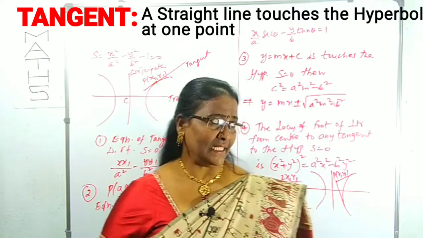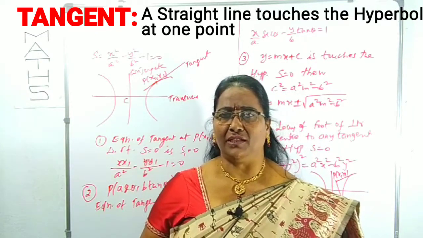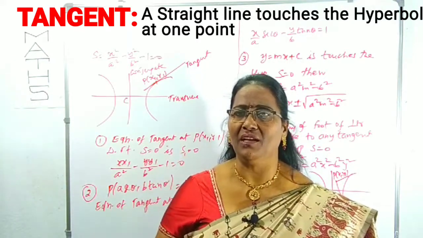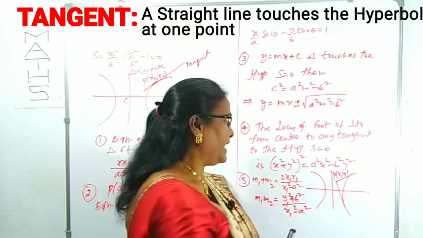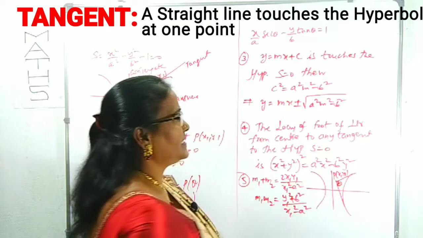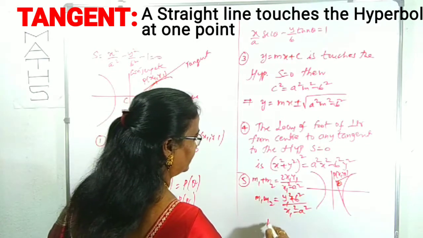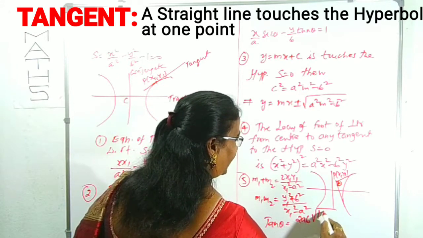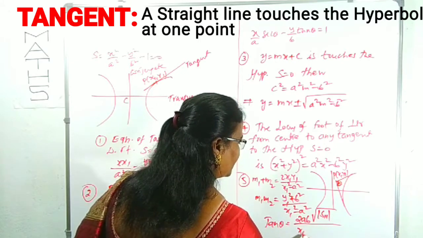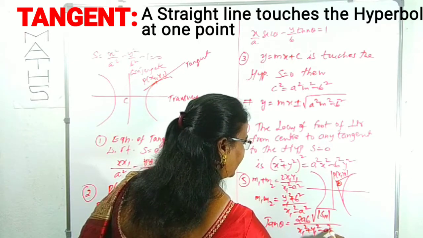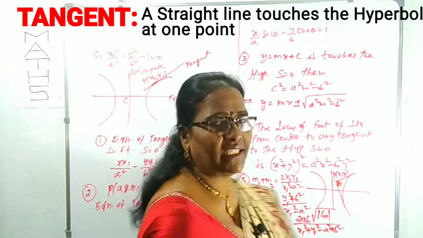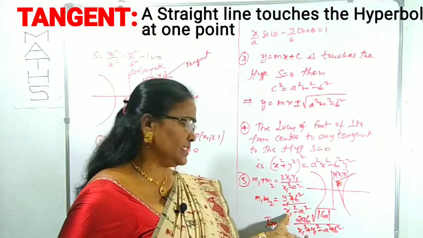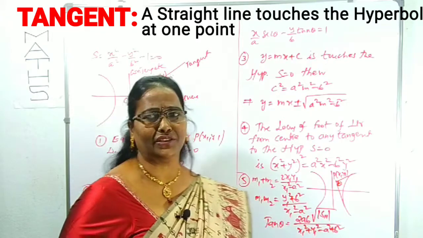Okay, not only this, you may be asked the angle between the two tangents which are drawn from the point inside the hyperbola. I said to you two tangents we can draw. If the angle between them is theta, what is tan theta? Tan theta we can calculate using the formula tan θ = 2√(ab)·√|S11| / (x1² + y1² − a² + b²), where theta is the angle between the tangents drawn from the point. If we know tan theta, we can get the result. From this we can find theta.